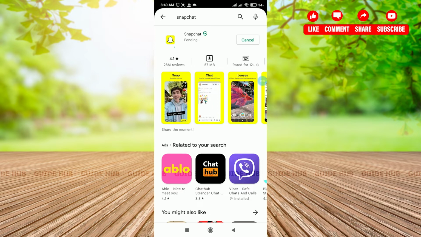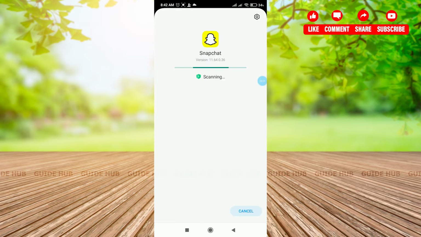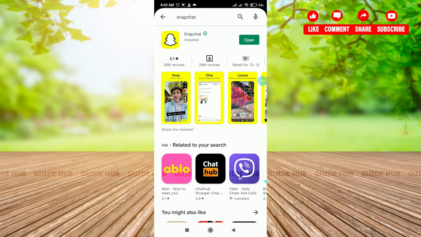Now it is in the process. That's it, your Snapchat has been installed. Now it is in the scanning process. So in order to open your Snapchat, you can tap on this open icon at the right side of the application, or you can go to your home screen. There you can see the icon of Snapchat, and you can directly tap on the application and open it from your home screen. So hope this video was useful for you,